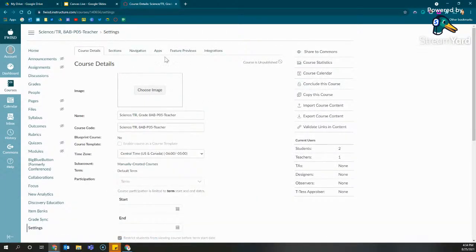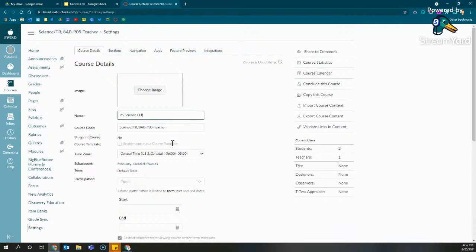All right, at the very top again, if I wanted to add a course image, I could do that there. Again, I'm going to focus on naming my course. Now, this is another section of the same course. You'll notice that it's 8th grade science, period 5. This is where a lot of my ELL students would be. So I'm just going to name this one period 5 science, and I'm just going to call it ELL for my